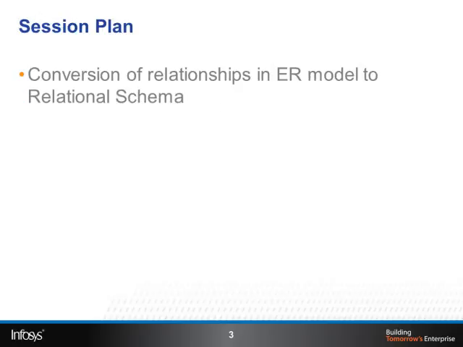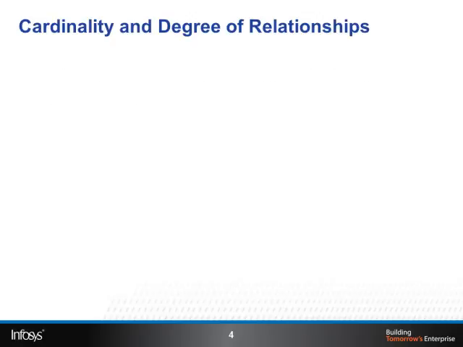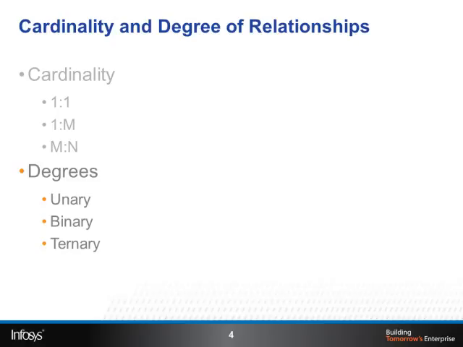This session will take you through the process of converting cardinality and degree of a relationship in an ER model into relational schema. Next, let's look at conversion of relationships in ER model into relational model. We have seen before that a relationship is represented based on two characteristics: cardinality of a relationship and degree of a relationship. We will look to convert cardinalities 1:1, 1:m, and m:n, and the three common degrees unary, binary, and